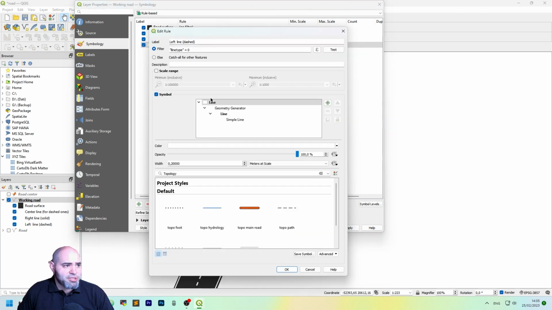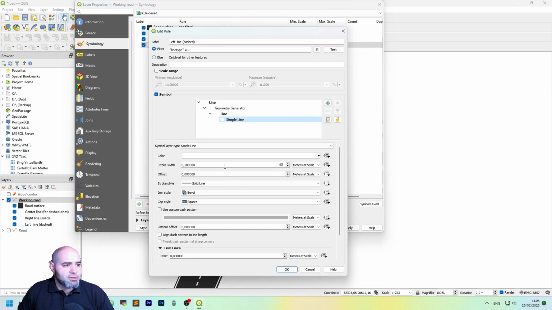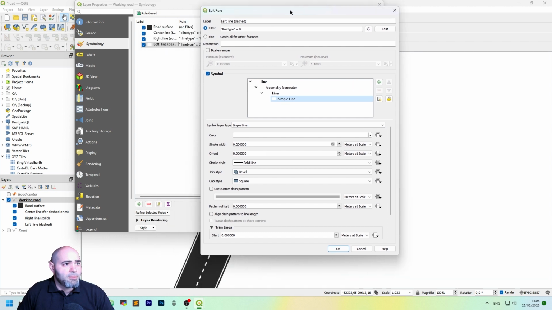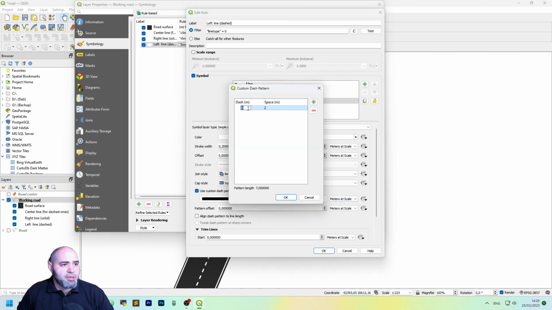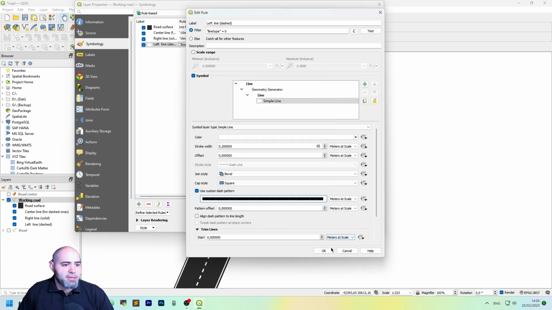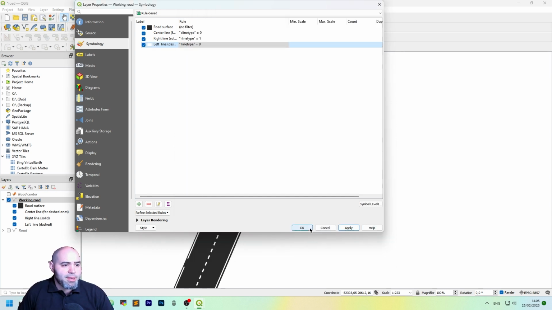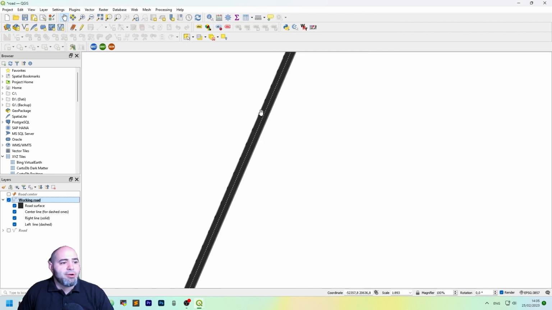Obviously it's not dashed because I have set the line currently as solid. So dash line, and add a custom dash pattern. Maybe this time it's 10 meter dash with a 2 meter space. Let's click apply, and we now have a